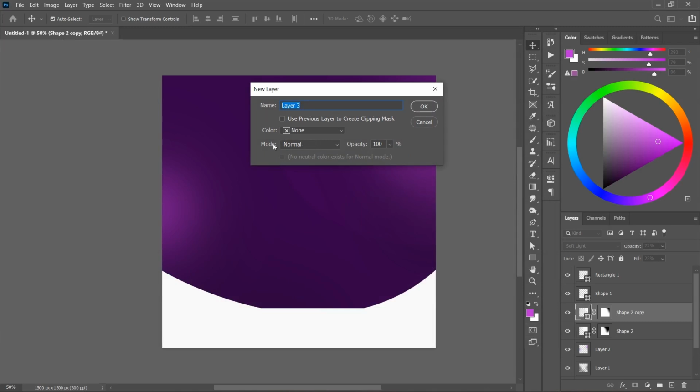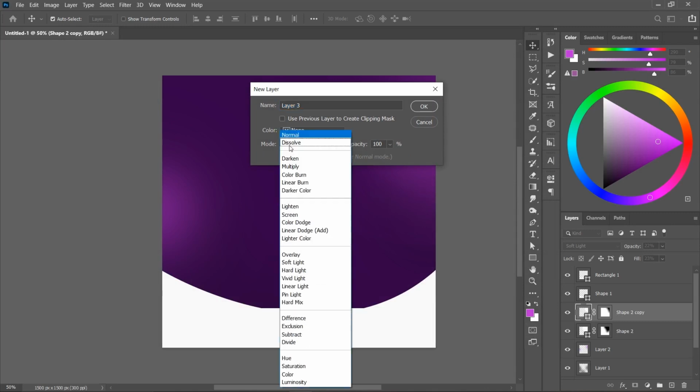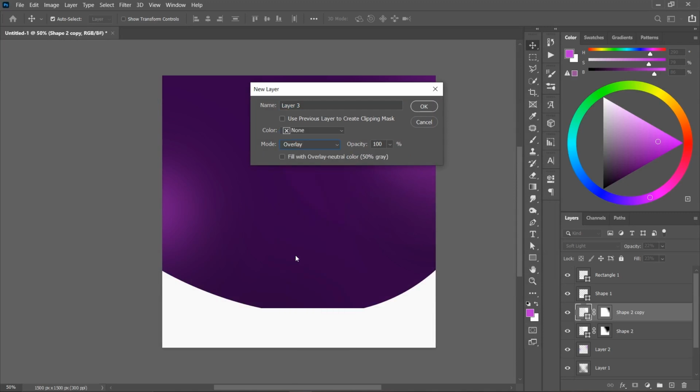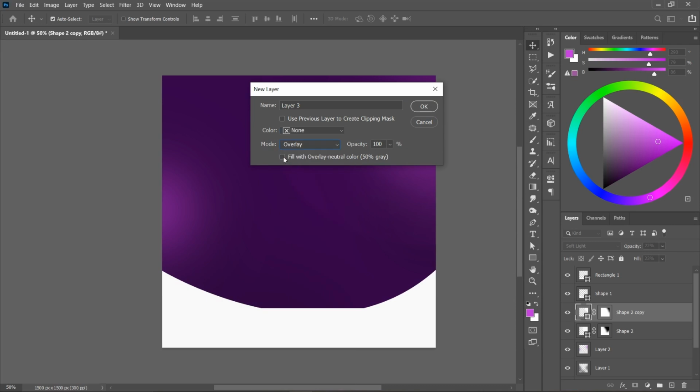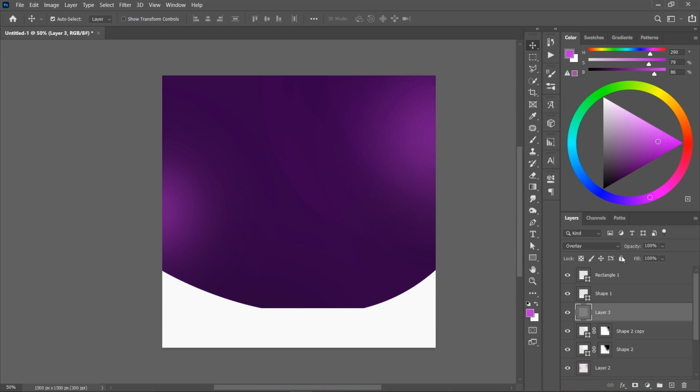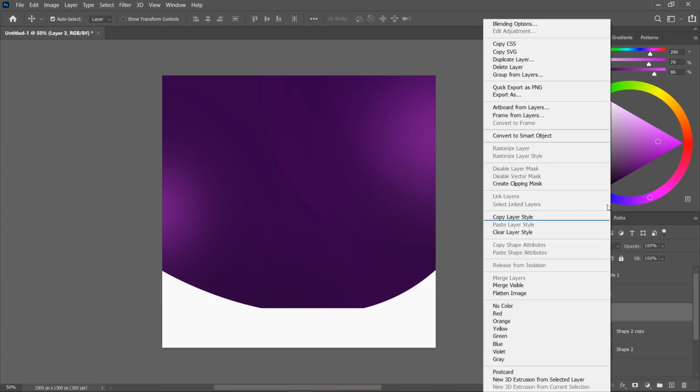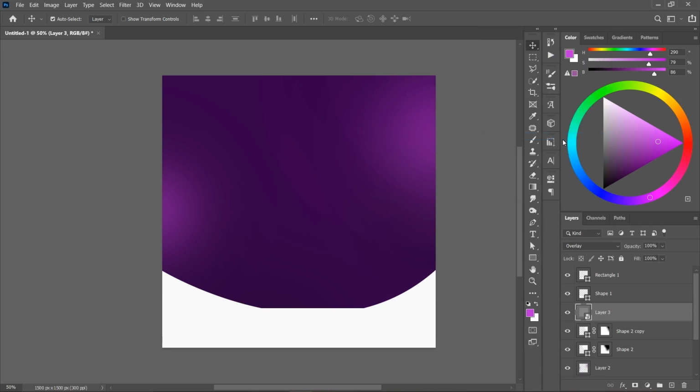Okay, so on this part where you have your mode, change that from normal to overlay, or soft light, overlay. Then fill with overlay neutral color 50% gray. Mark this box, just check that box. All right, then click on OK. Good. So we have this layer there. So convert that layer to a smart object so you can play with it after now,